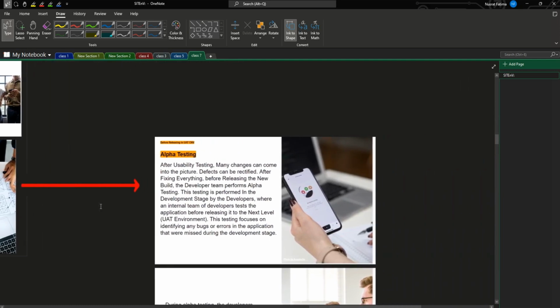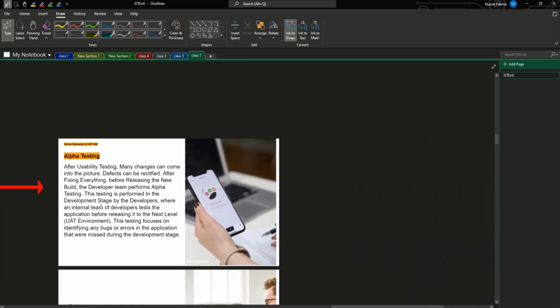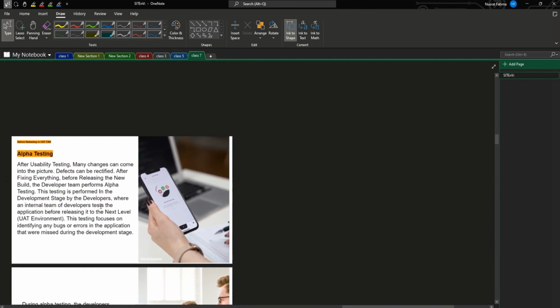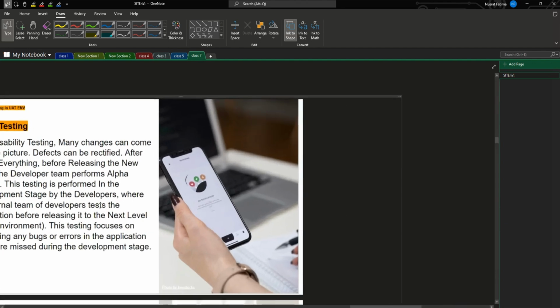And now we have our alpha testing. What is alpha testing? So in usability testing, say there were a lot of suggestions, opinions that some people said. Some people told the developers, hey, I think this feature is not working this way, or this feature should be more accurate, or should look more beautiful if you develop it this way. So they mainly collect suggestions